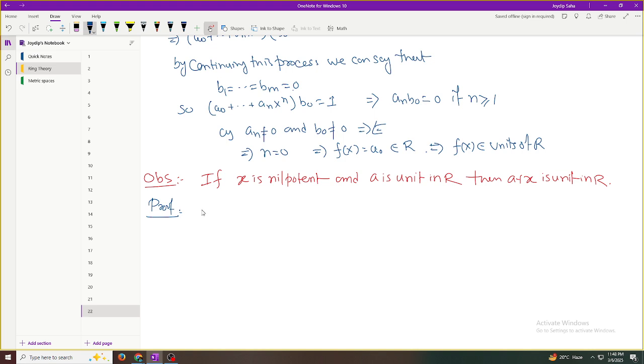Something like (a plus x) to the power m, we will then break it. Proof: x is nilpotent, this implies x to the power n equals 0. Now 1 plus x, 1 minus x plus x square minus